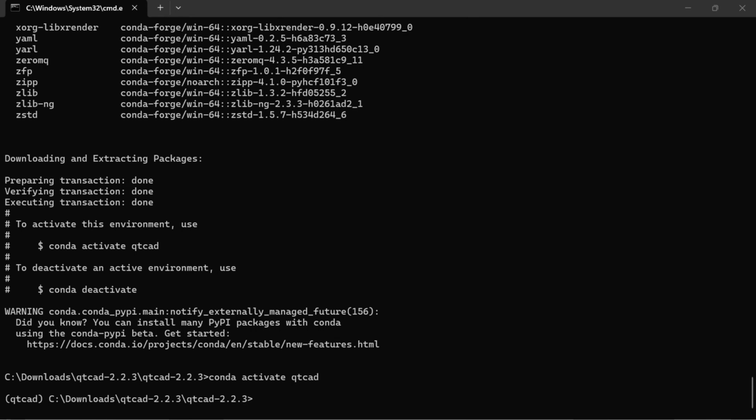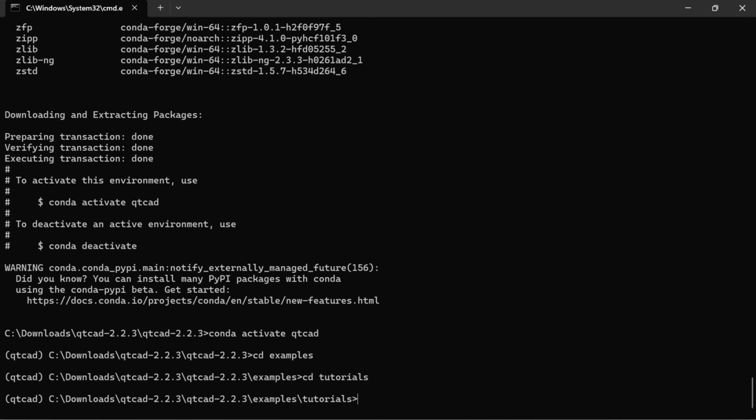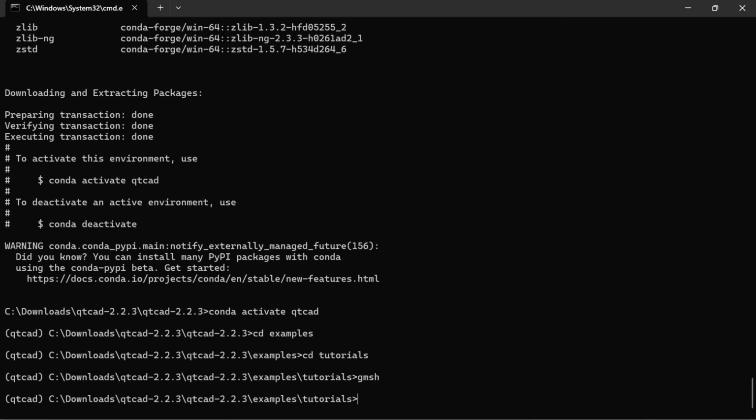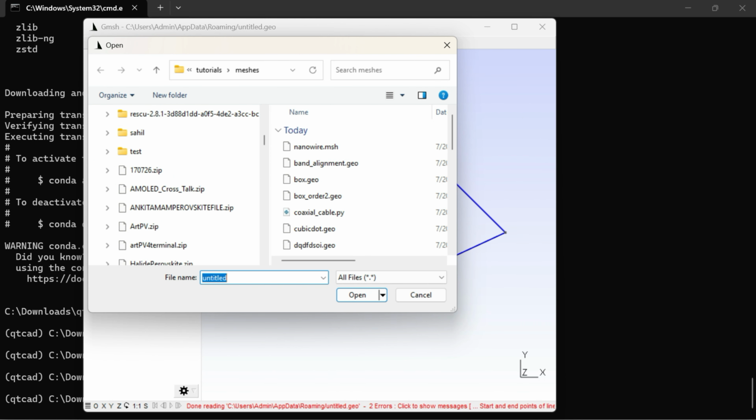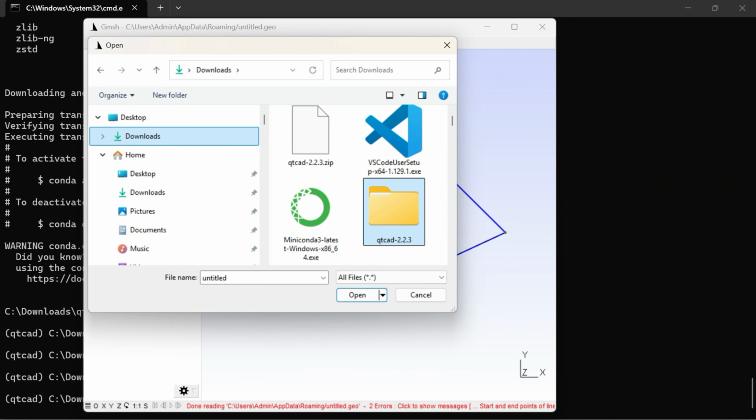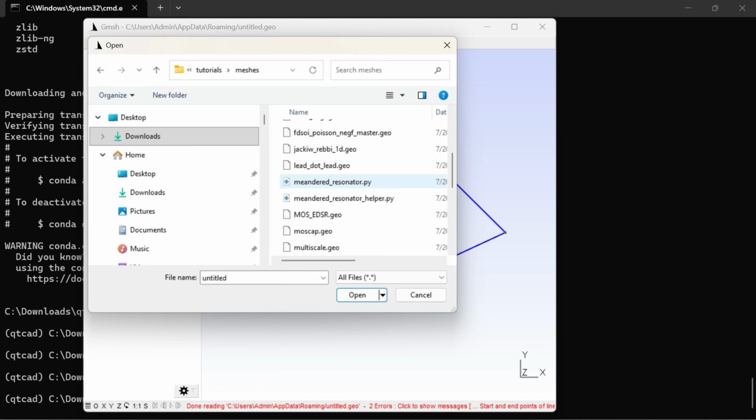To verify the installation of QTCAD, we have to move to the examples folder, then tutorials, and we have to open Gmsh first to create a mesh file. File, open, and go to the download section. You can see the QTCAD folder. You can see the examples, then the tutorials, and here you can see the mesh folder. In the mesh folder you have to open the nanowire.geo file. You can see the nanowire.geo file. Open,